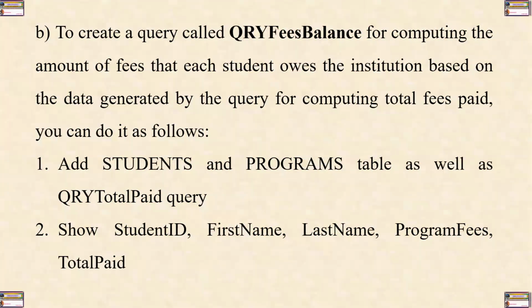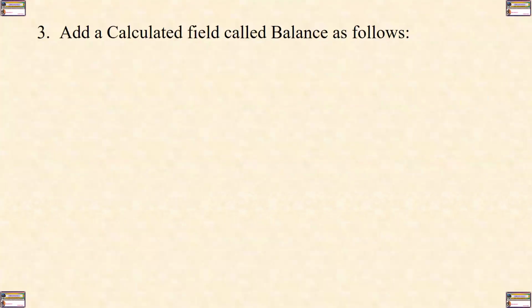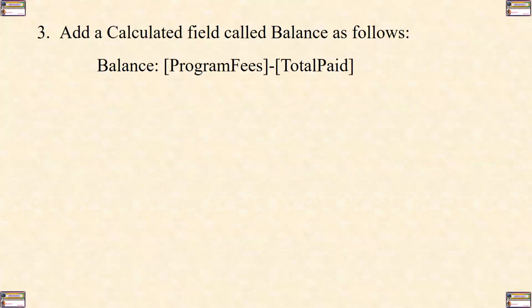run the query. So once you've done that, you can add a calculated field called balance as follows. So you have the new field that you want to develop or to generate, or what I'm calling the dynamic field, which is not found in any other table or query. And our new field will be called balance. It is going to hold data, which is the difference between the data in the program fees field and the